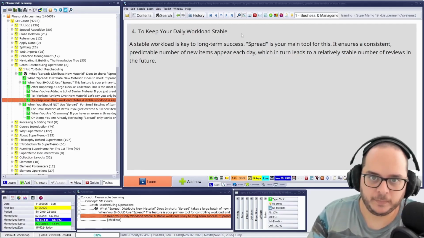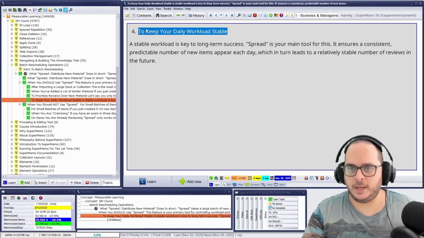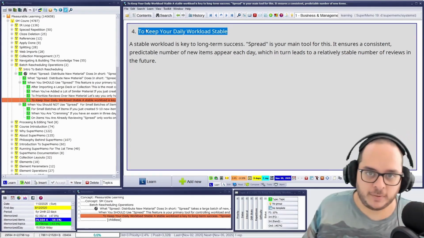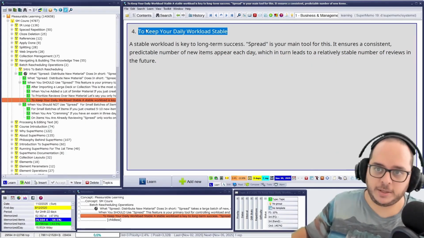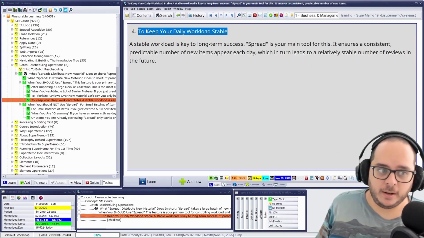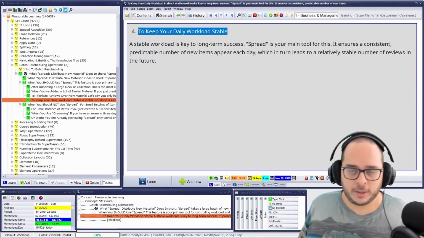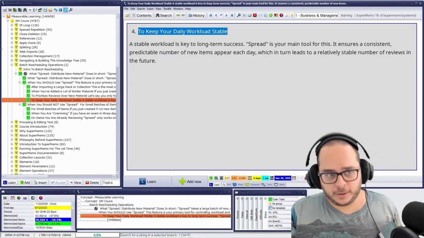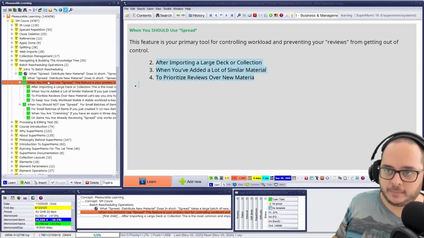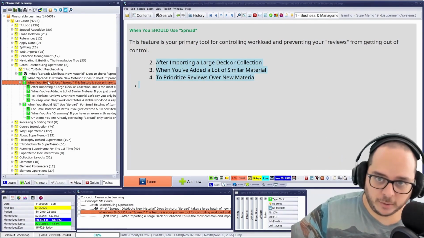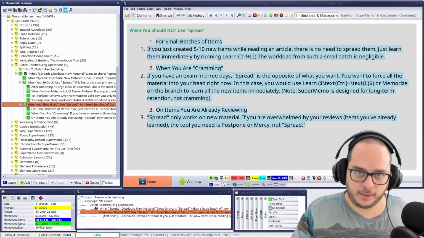You can do it. Please don't do it just because you are used to Anki, let's say, and regardless of the case, you will do it. No, just 100 repetitions a day, regardless of my collection. No, that is a very, very destructive thing to do. You will understand later in this section, but not now. Because now we are learning about when you should use a spread in your collection, if you ever want to use it. Then let's see when you should not use a spread.